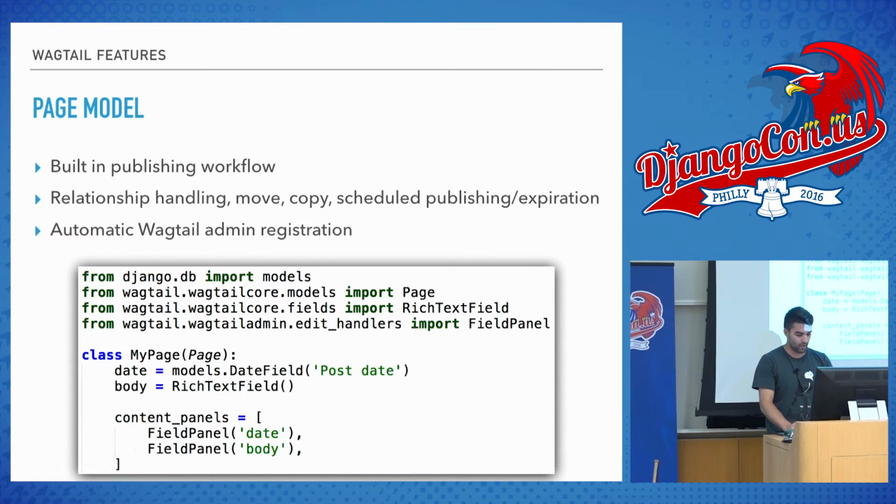But anyway, this is an example of all you need to create a page type, a content type that you could add to your site and visit as a web page. So you would, in your models.py or wherever you're going to put this model, inherit from page, and then you can add even a Django model field, a date field, and then their own built-in rich text field, which is really just a WYSIWYG editor. And then in order to show these in the actual view that you're going to see, you're just going to declare these content panels, which is just a list of these field panels, and it'll go in and detect what type of field that you're using, and then render that appropriately.